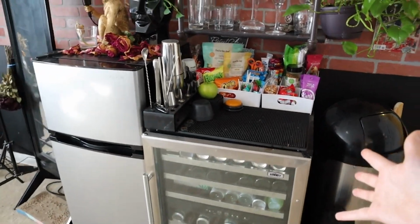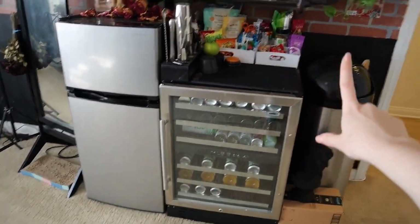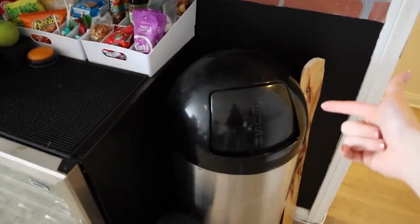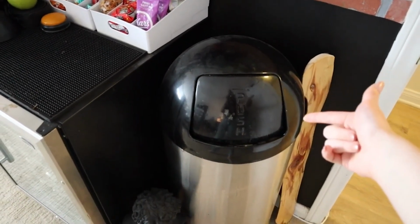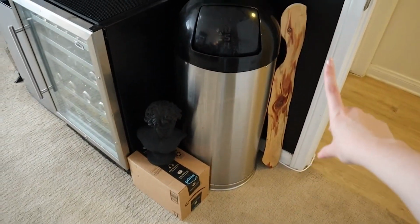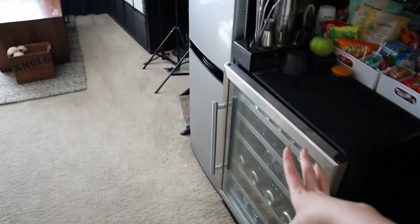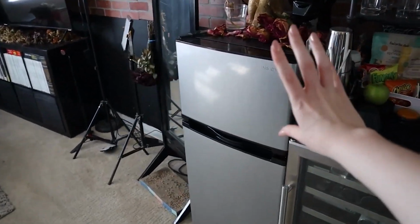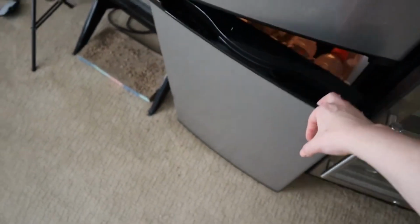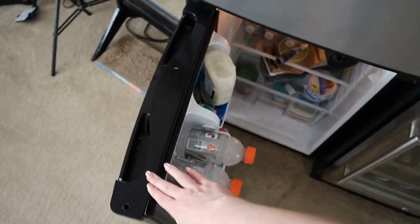It kind of gives me a mini kitchen vibe. I could do more if I want to, but I think this is enough. I have a real kitchen. And then over here, I also have a trash can. This is a trash can from an old apartment building when they threw out their trash cans and got a different style. I took it because I love the industrial look of it. Another piece of wood from my parents' place, a little statue, an Amazon box, and then my mini fridge with a freezer and fridge below, just to be able to have additional stuff in my room. So I have random drinks and snacks and stuff,